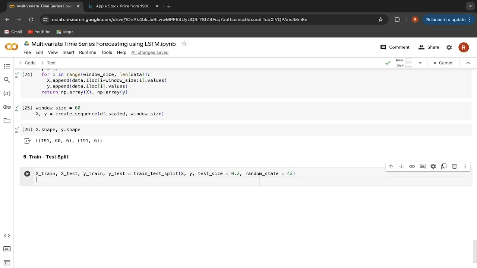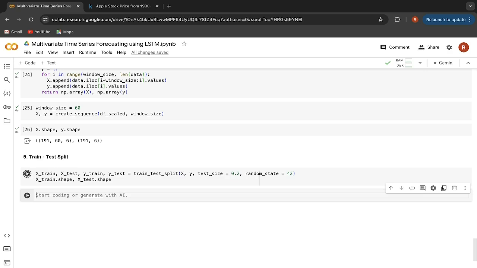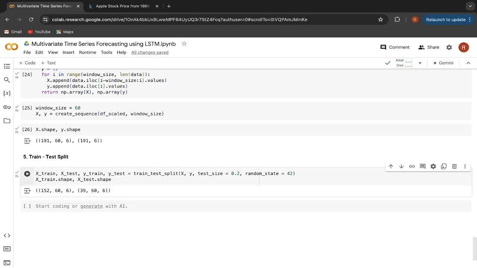Then we'll also check the shape of that. So X_train.shape and X_test.shape. Let's run that. So out of 191 rows, now 152 rows are present in the training set, while the remaining 39 rows are present in the testing set. So we are done with train test split.